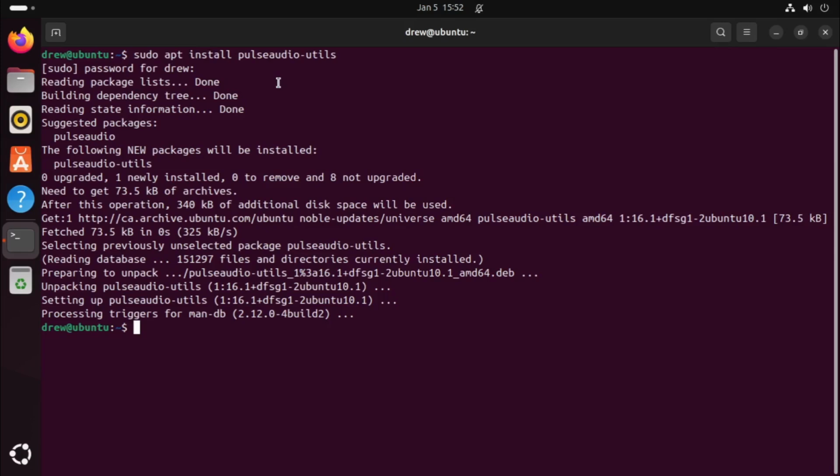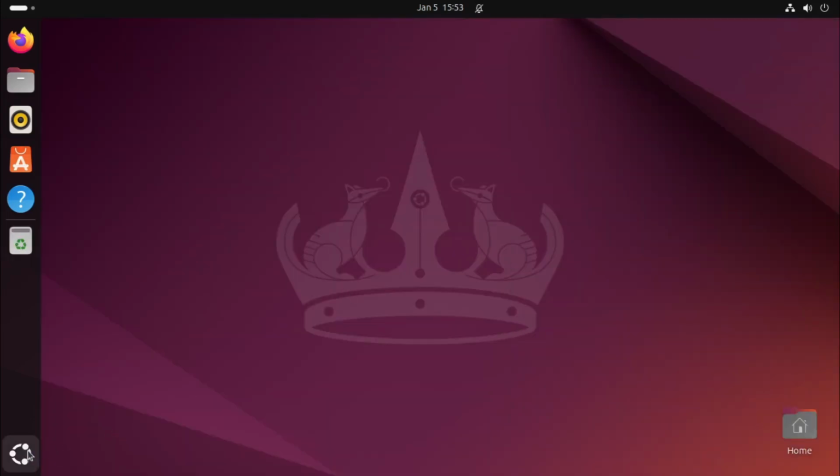Or you would do sudo pacman -S, because pacman is the package manager for Arch and its derivatives. And the package name, depending on your distribution, might even be different, or there might not be a pulseaudio-utils package, in which case then you just have to install the pulseaudio package. But anyway, with that out of the way, once you've got that package installed, then we can proceed with this